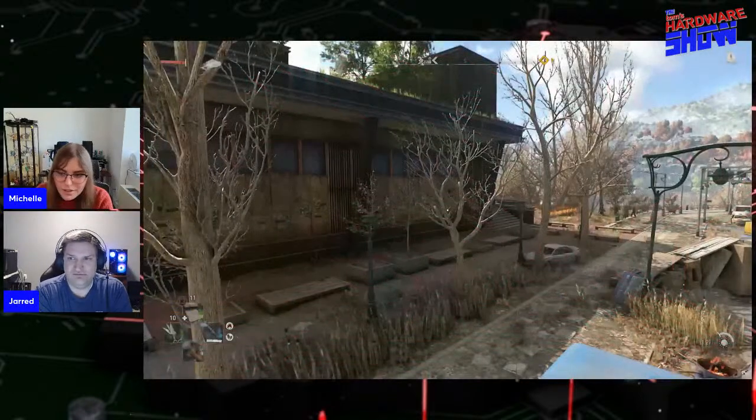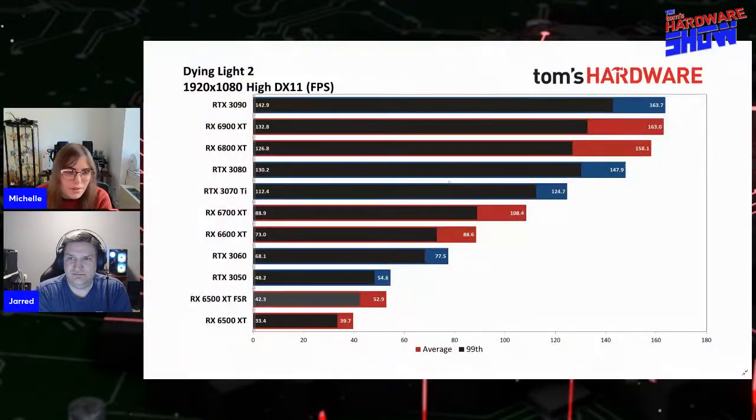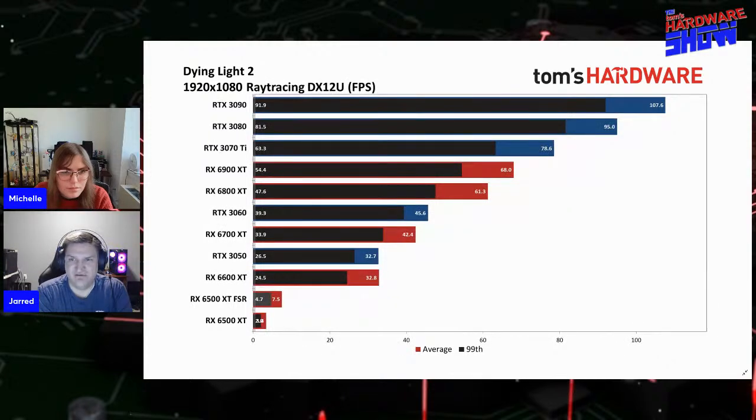Yeah. So I have what I believe is the window with the benchmarks open. So here we go. All right. I did not test all the cards on the medium and low presets. You can see that it says high DX11. The game does default to DirectX 11 if you don't enable ray tracing. If you enable ray tracing, then it shifts to DirectX 12 Ultimate, which is kind of their rebranding of DirectX